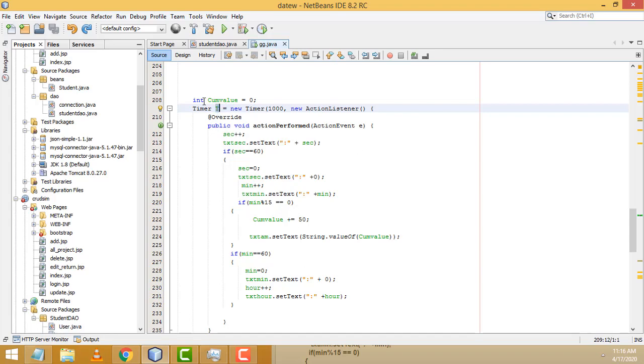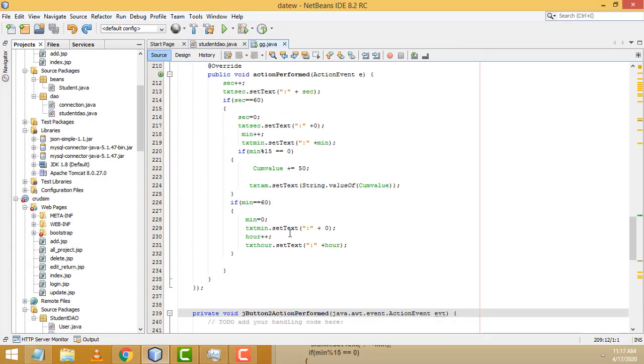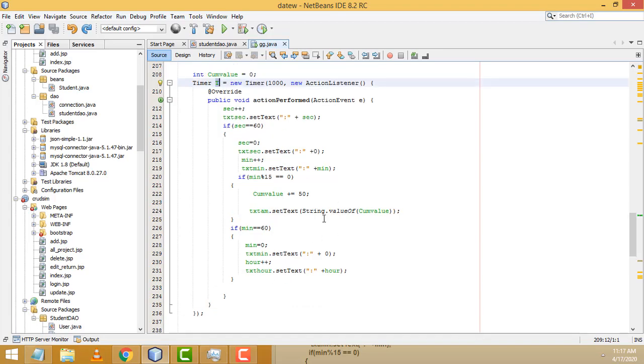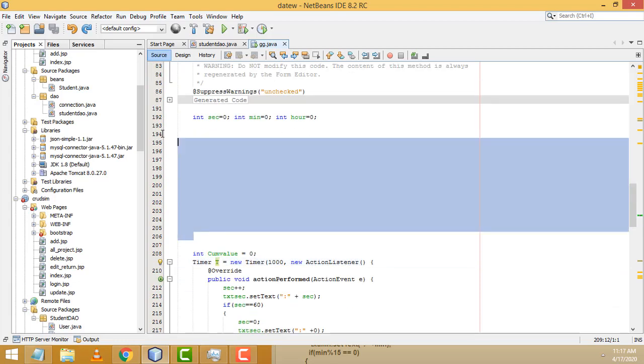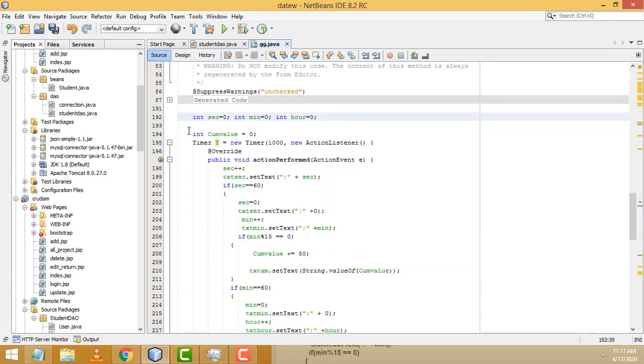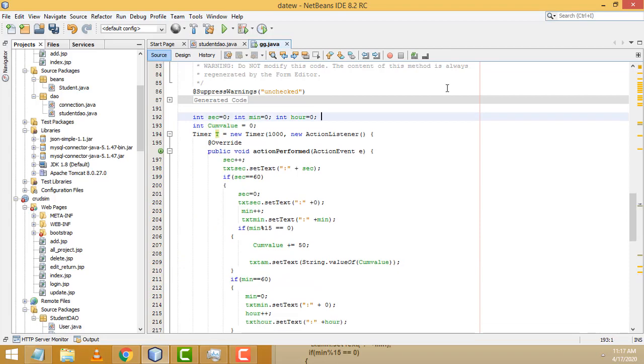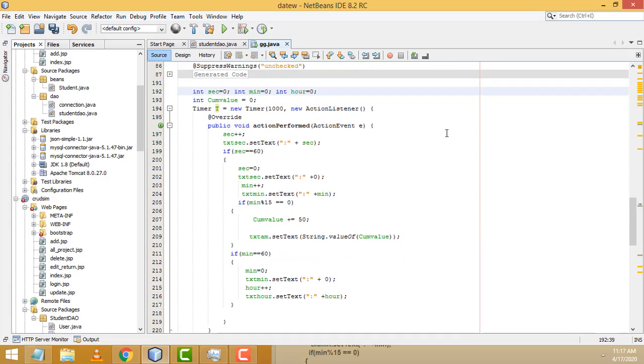Very simple program. I taught step by step how it works. You must try this one. If you have any doubt on this, you can ask me anytime. Please, you have to do it yourself. Then only you will be able to learn something else. All the code I showed you how to work with step by step. You must try this one.